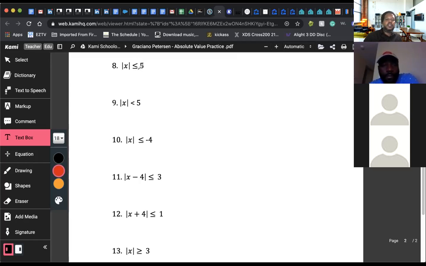So the answer to this is anytime x, oh, sorry, let me put it in a different place, right? Because it's less than or equal to, right? When is this absolute value going to be less than or equal to 5? It's going to be anytime that x is less than or equal to 5,